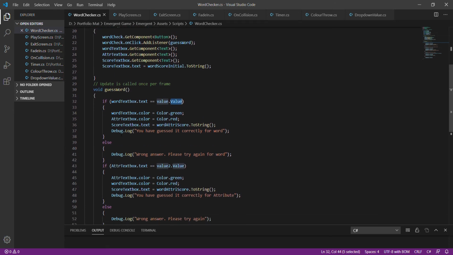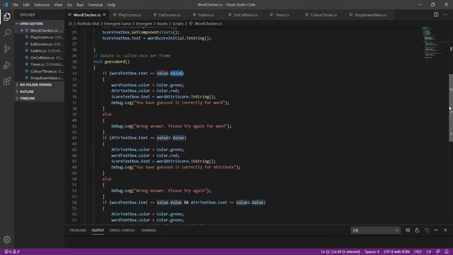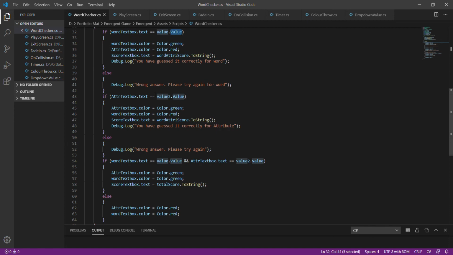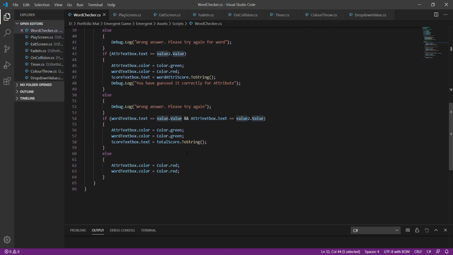And then of course I made a debug log, just for me as a programmer to know if this is working or not. If the same concept was applied here, and the main thing is, if both of these conditions are correct, like what I mentioned to you earlier, you will have a green color, and then